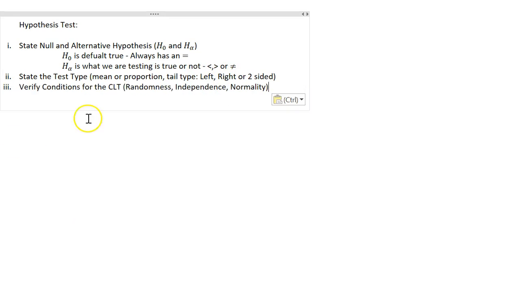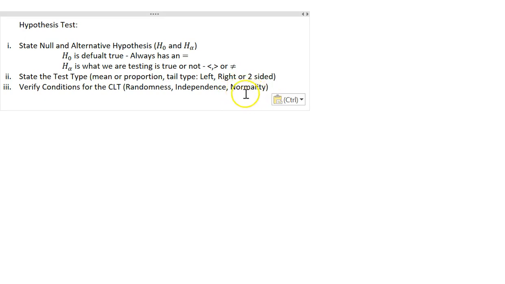The next thing we have to do is verify the conditions for the CLT. I brought this up in the previous video that I made. When we are verifying conditions, we need to show that our sample was collected randomly, that each element in our sample is independent of each other, and that there is a normal type of distribution, so either my distribution is normal or approximately normal. If I don't have normality, I can't use the normal distribution,